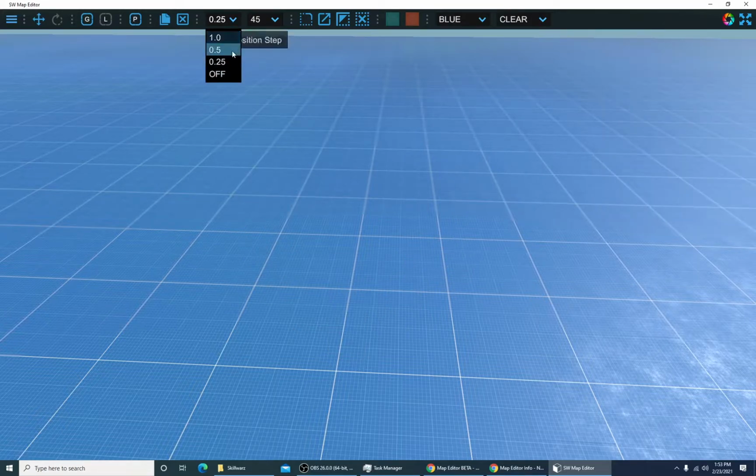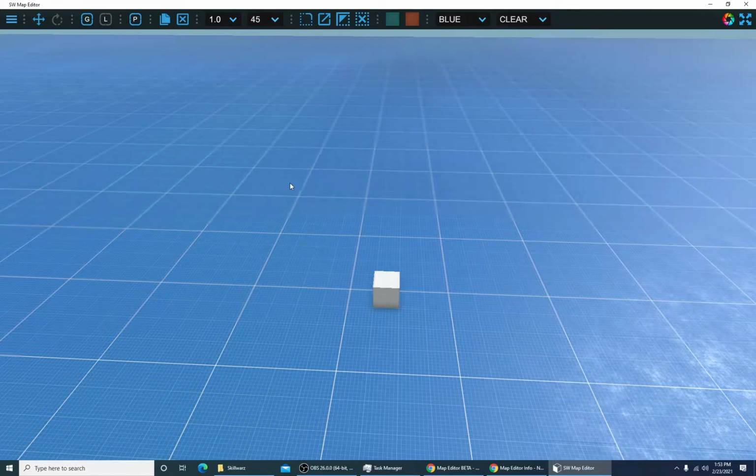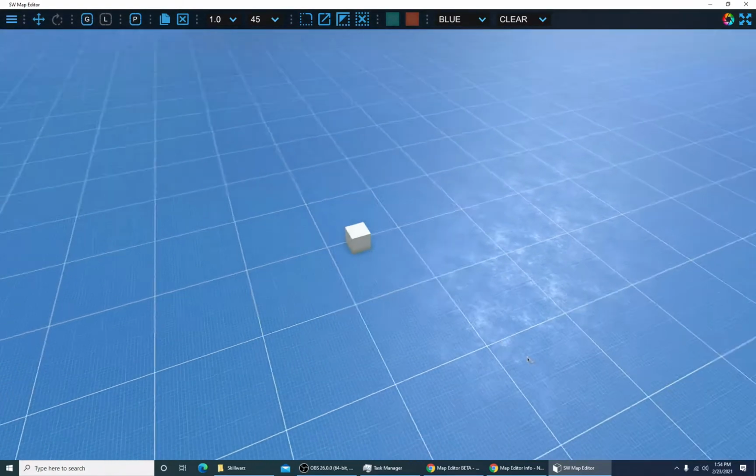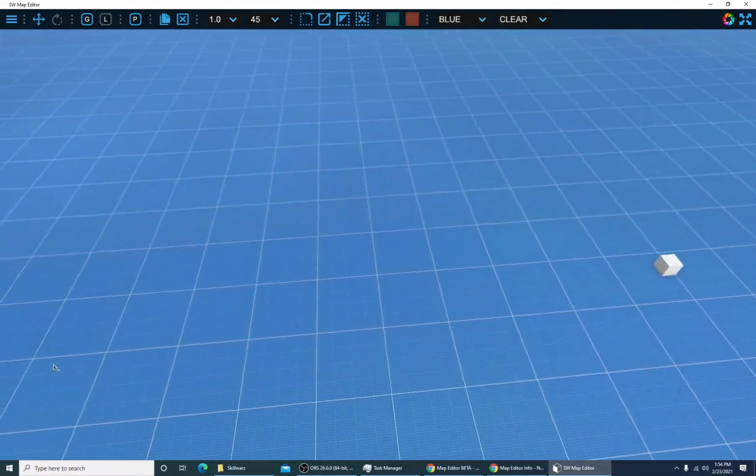So this will tell you the snap position step here, and this is both for size, like when you're resizing things, which I'll show in a second, and position. So I'm going to put it at 1. So when I put this down here, these usually will already get snapped to the position, but sometimes not. So first thing you want to do when you put something down, hit this button up here, snap to position. Now when you do that, stuff will line up well. Like for example, if I want this to be the floor of my map,